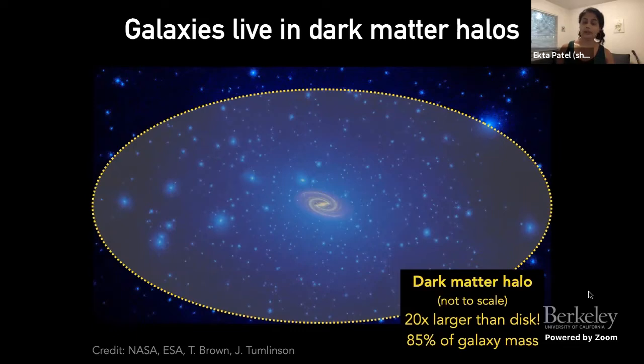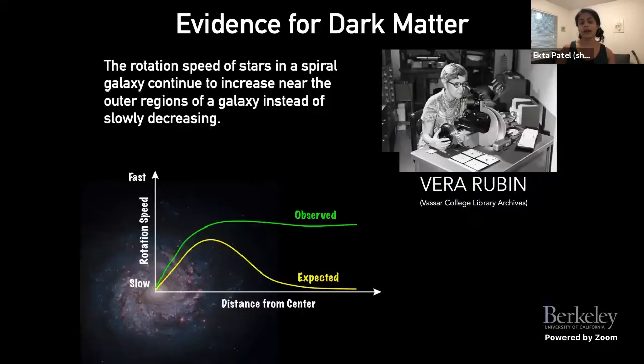And the dark matter halo is also where we think about 85% of the entire galaxy's mass resides. So rather than these luminous regions in the center where we see these nice spiral arms, it's actually the large reservoirs of this invisible dark matter in the outskirts of these galaxies where we think most of that mass lives. And one of the reasons why we think dark matter exists, and how we can observe its effect on the luminous baryons that we can observe, is